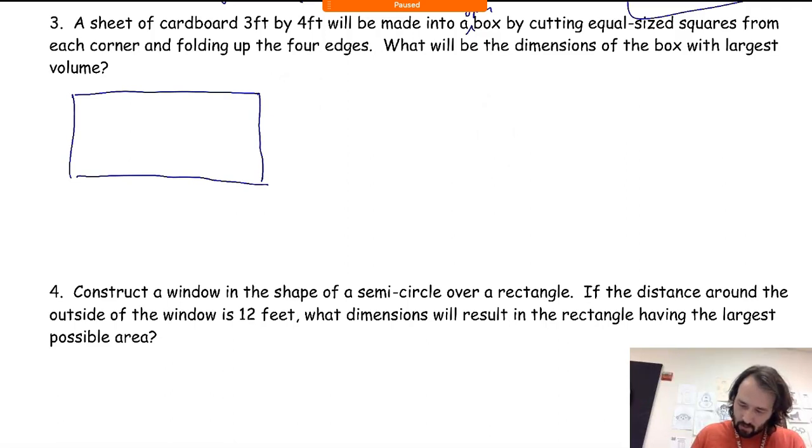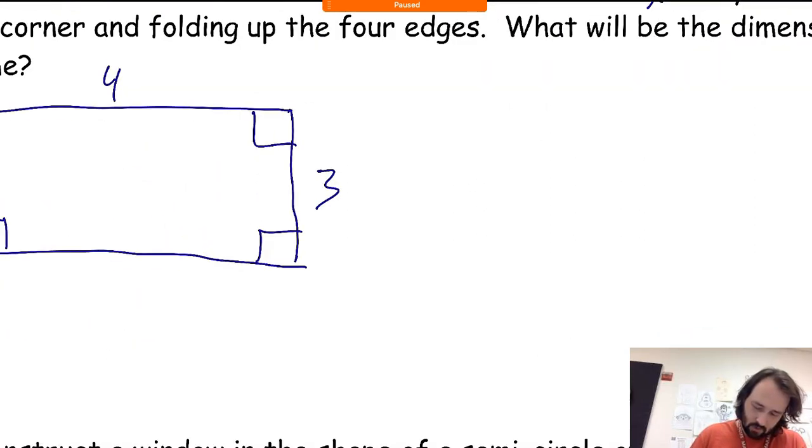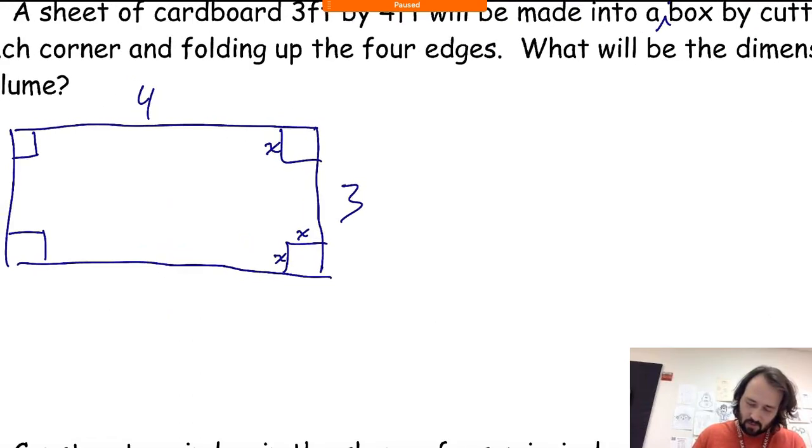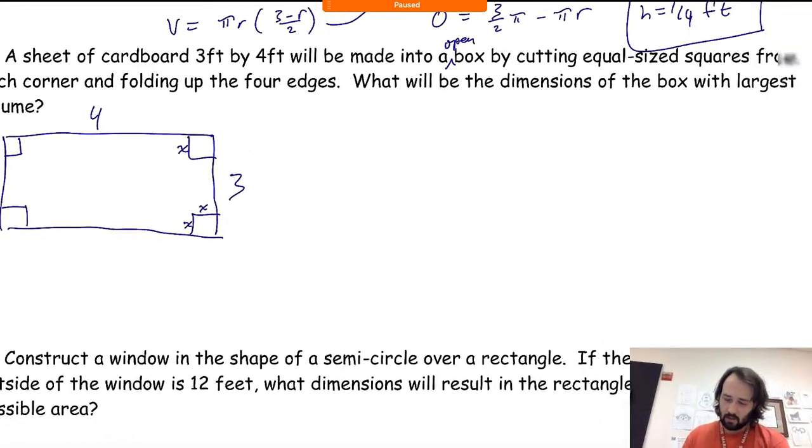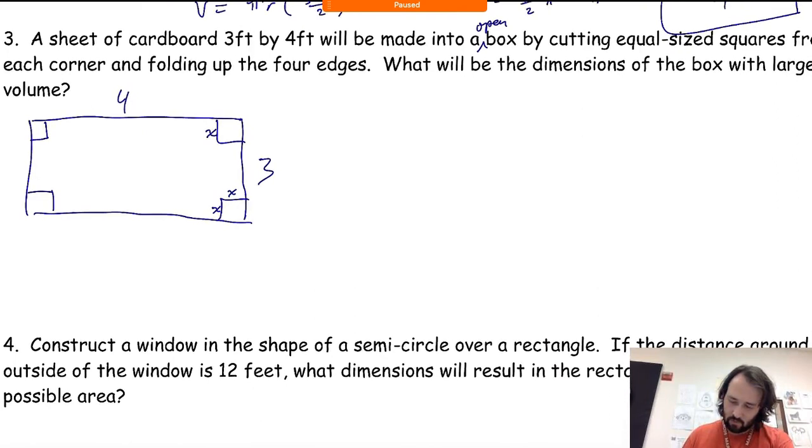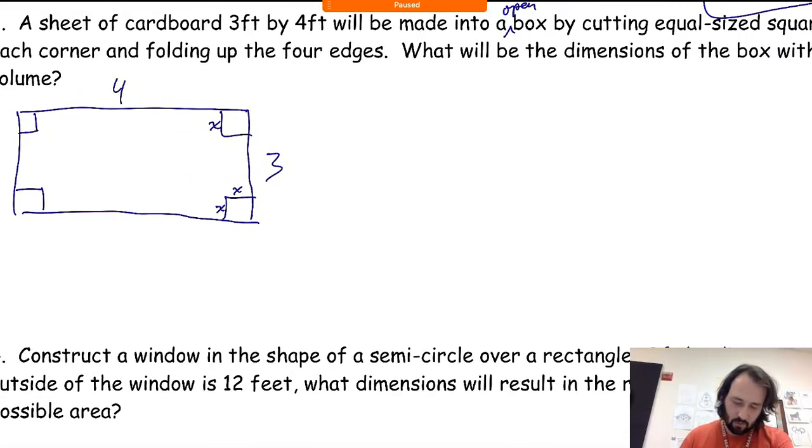All right. So I have equal size from corners. So this is 3 foot by 4 foot, and I'm going to cut out squares, and I will call that length x. I do not know what that length x is, but I'm cutting out squares of x by x's. All right, so what would be the dimensions with the largest volume? So my volume, if you imagine this,